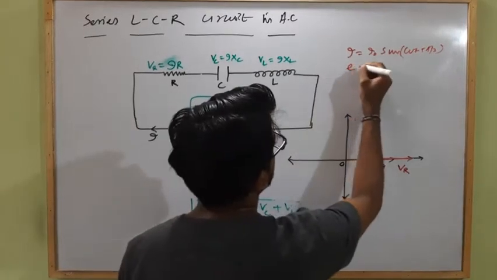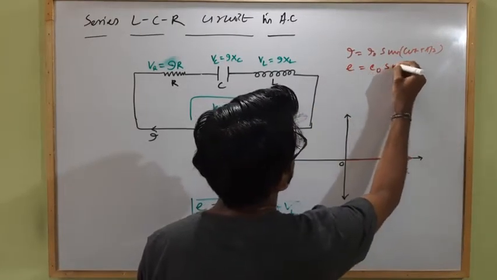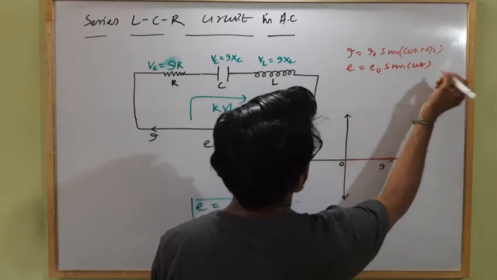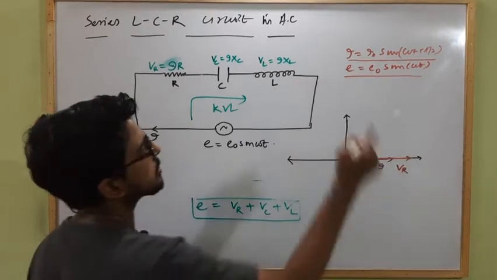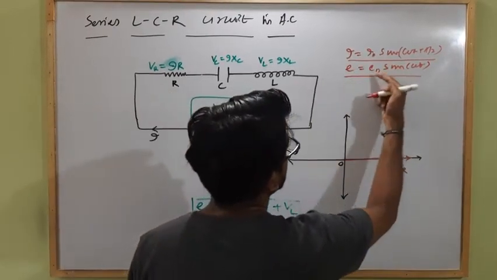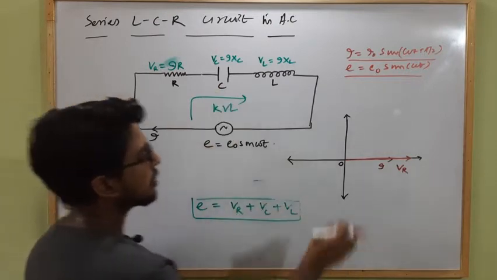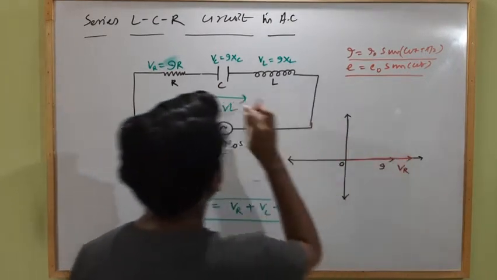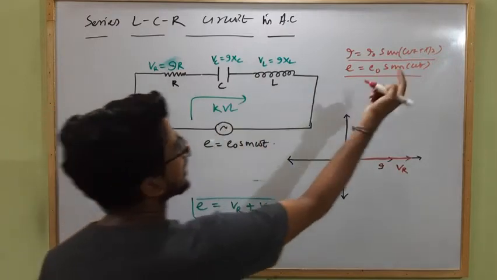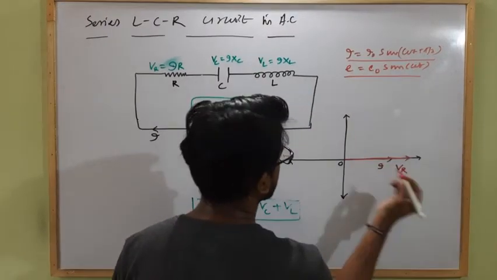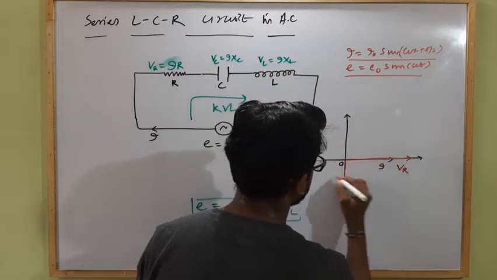This is the expression for I in a capacitive circuit. And if the alternating EMF is E equal to E naught sin omega t, then when E equals this much, I equals this much in a capacitive circuit. That means the current leads the EMF by a phase of pi by 2. So if this is the current, the potential difference across the capacitor VC will lag pi by 2 behind the current. That means the capacitive potential VC will be along this direction.